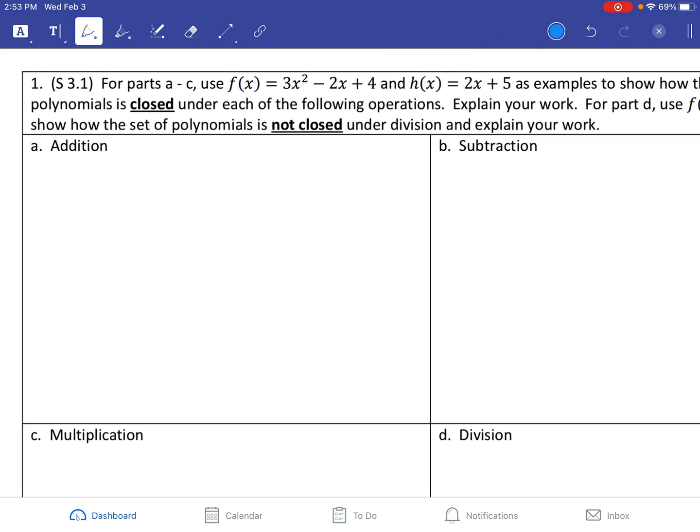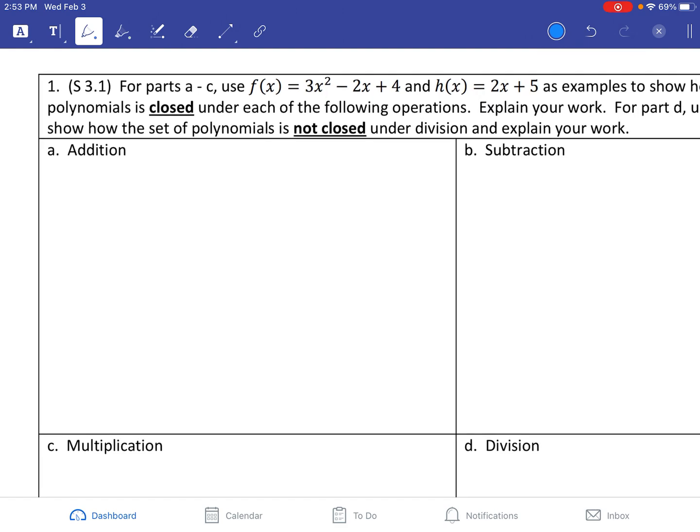So the first thing, we've got the closure property. What we're going to do is we're given two functions. We're going to do the operations set out in the boxes and explain why it's either open or closed. Okay. So the first one, we're doing addition. So we have 3x squared minus 2x plus 4